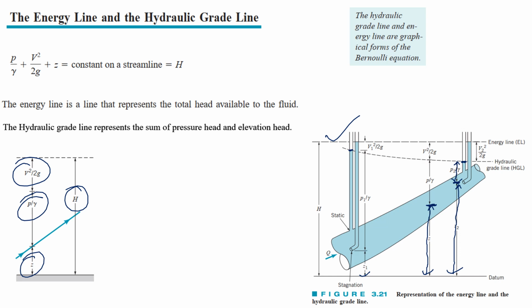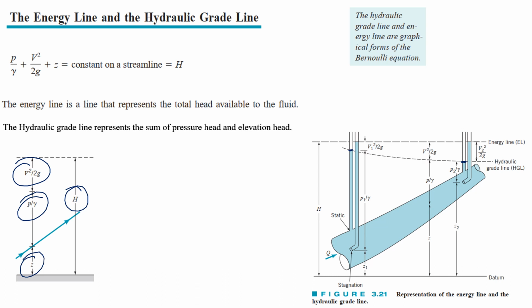So this is what I wanted to show you, that the energy grade line and the hydraulic grade line are the graphical representation of the Bernoulli equation, and the simple definition of the Bernoulli equation is that a change in pressure results in a change in velocity, as we can see in this diagram. So we have seen that by changing the pipe diameter, the velocity of the fluid is changing and the pressure is